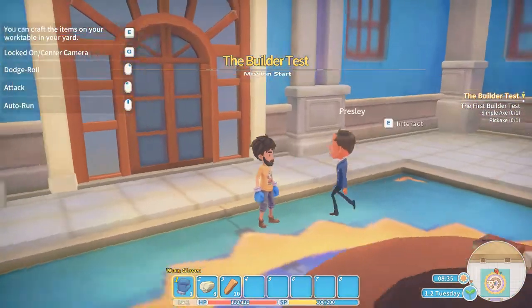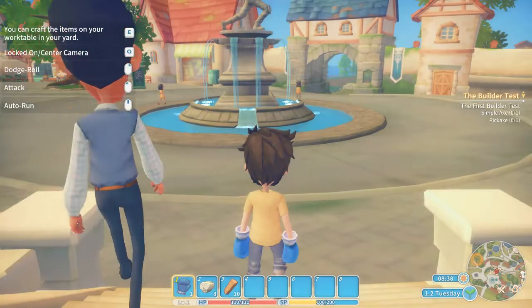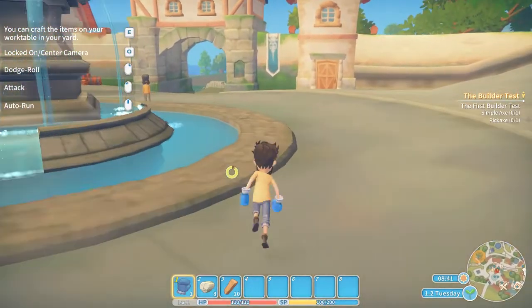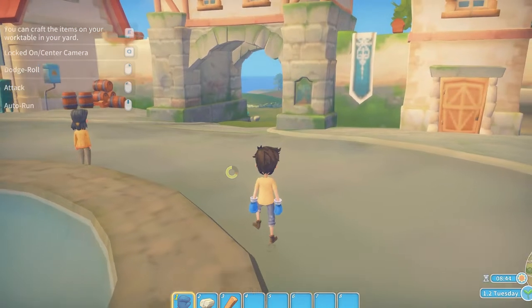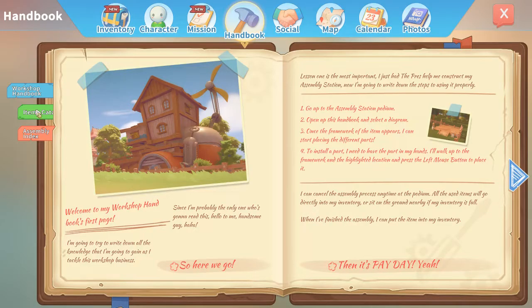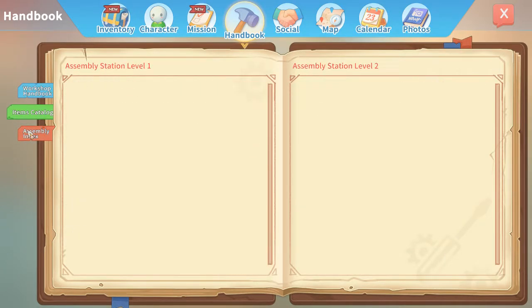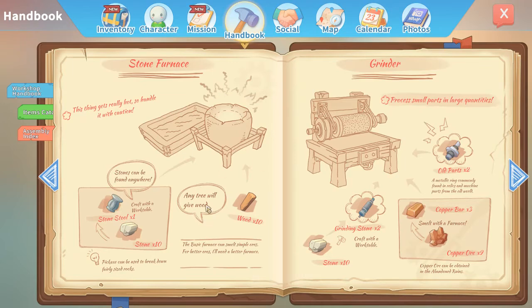So we've got a work table in the yard of our house. So we'll run down, we'll just have a quick look at it. Now, unfortunately, although we've got our handbook, it only shows you the bigger items. Oh, there we go. So on the bigger items, it gives you exactly what you need here,